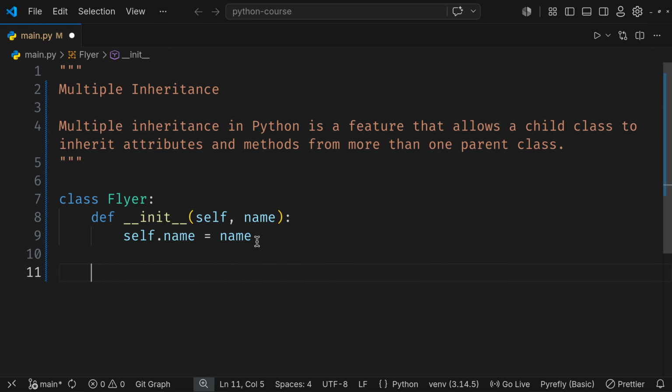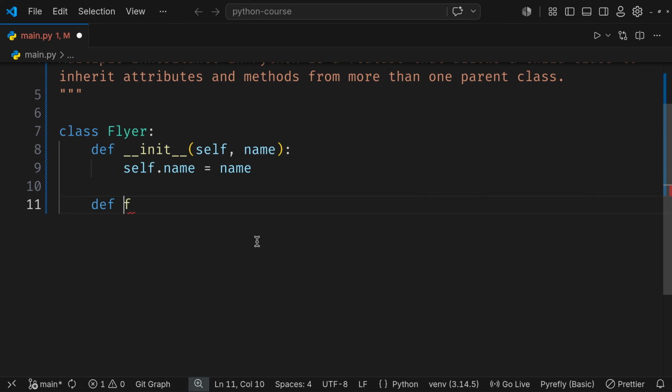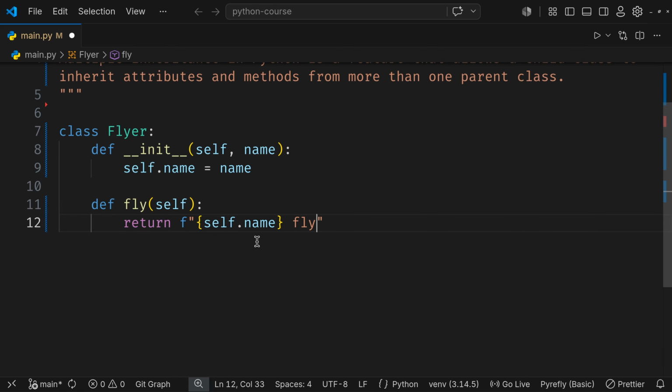All right, now we can add a method here, fly, that will take self and nothing more. Okay, and here we can return an f-string. Let's do self.name flies or flying high